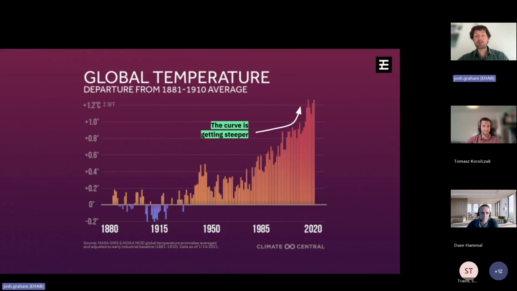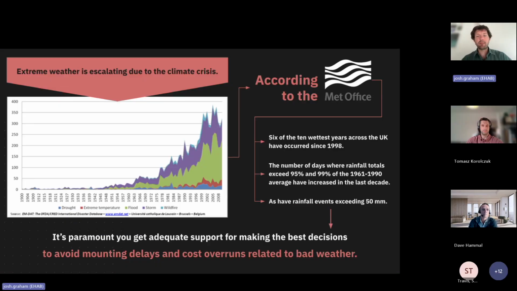But to set the background to all of this, the reason I'm in this game is that weather is getting much, much worse. We all have seen it, felt it, and so we really need to take a better approach. That's really my angle from all of this, is that we really need to take a better approach to weather risk in construction and indeed all other industries. And it's not just me saying that. The Met Office, many organizations are collecting a huge amount of data, which basically is pointing to the fact that we really need to think about how we model weather risk in schedules in a much better way, because the extremes are becoming much more extreme. And so we have to understand how this is potentially going to impact end dates, key dates, and delivery.